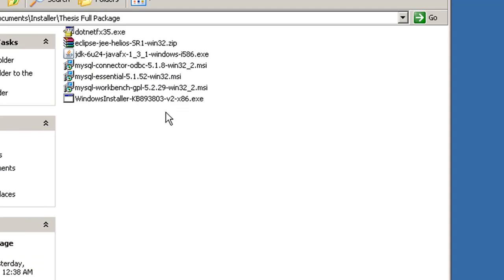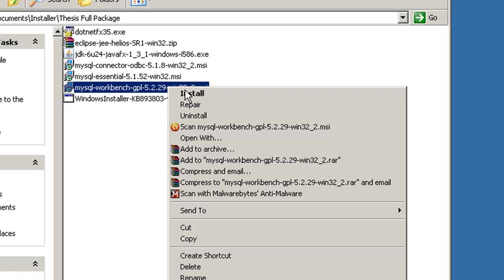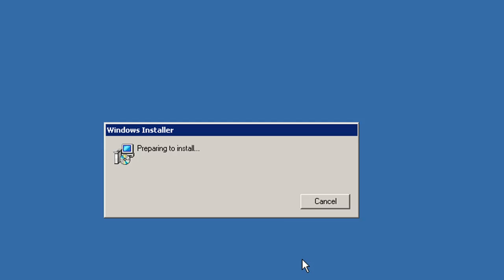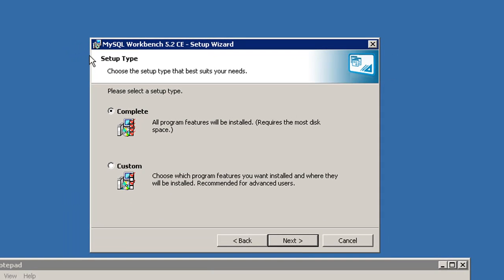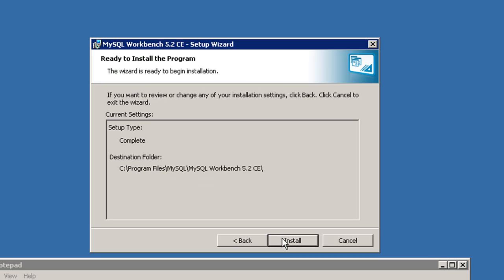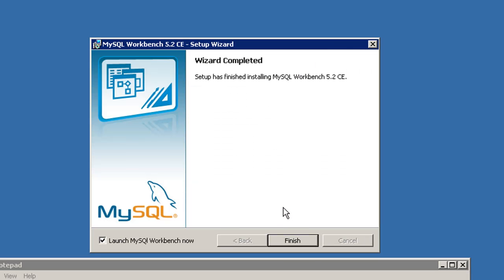Next we will install MySQL Workbench. Right click and install. Click next, complete, next. Install, and wait for it to install. Here, launch MySQL now.